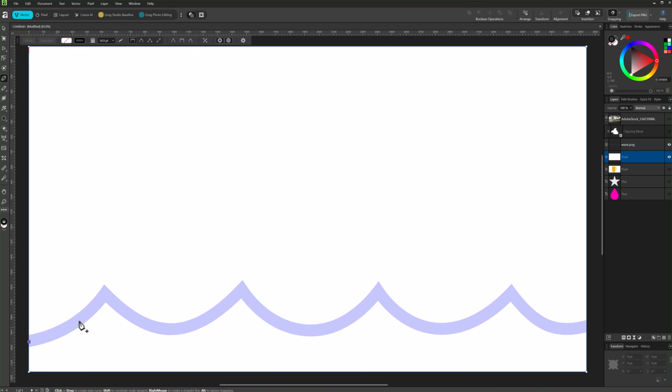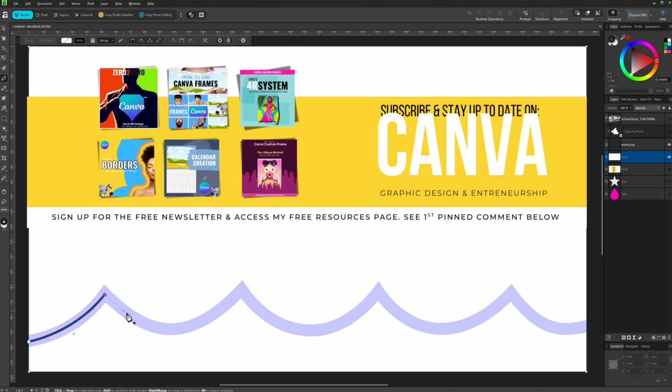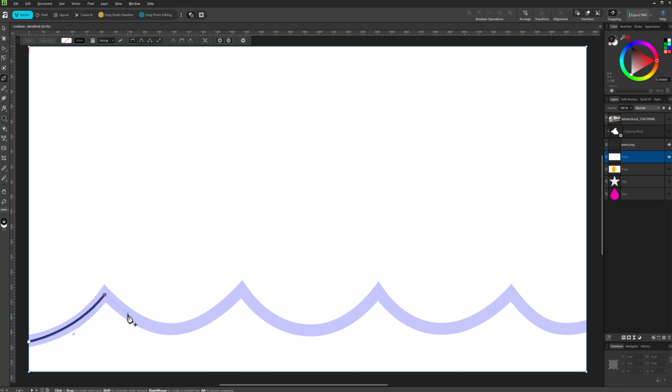So I can click once here, and then I can click and hold for my second point, but then I have a bunch of keyboard modifiers that can help. First of all, if I hold down the space bar, then I can move this node all around. I can get it exactly where I want, I can release the space bar, and then I still have my left mouse button held down, so I can still adjust these handles. So let me get the handles exactly as I want, but then before I release my mouse button, I'm going to hold down the Alt key. Now with the Alt key held down, suddenly I can change the direction of this handle. Okay, so we want this next line to flow out this way. So I might put it somewhere like this,